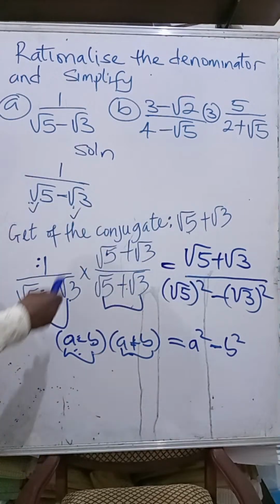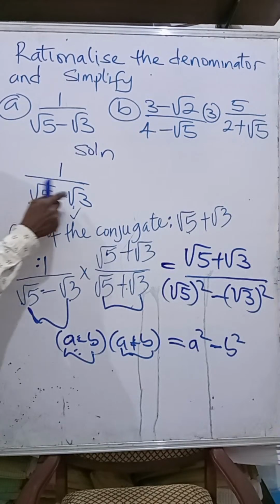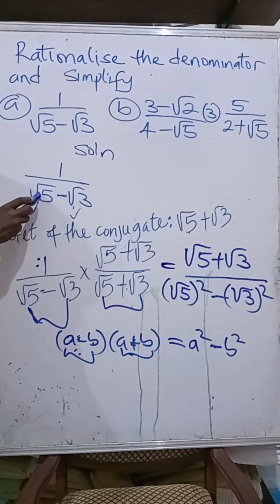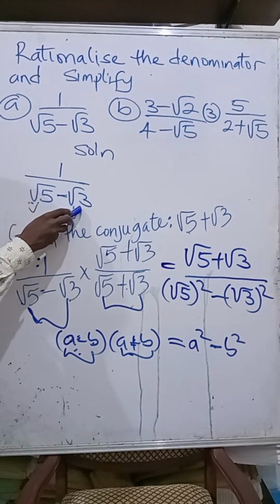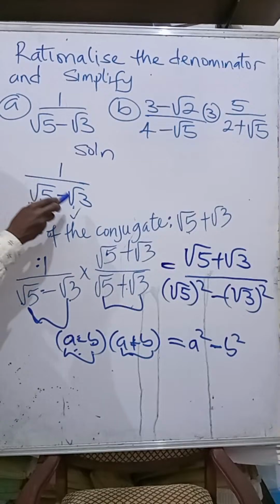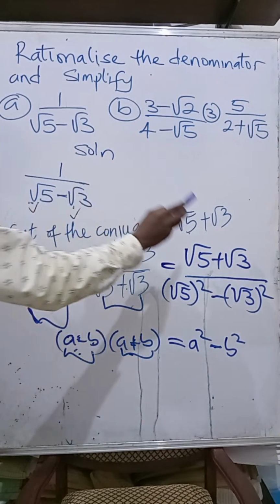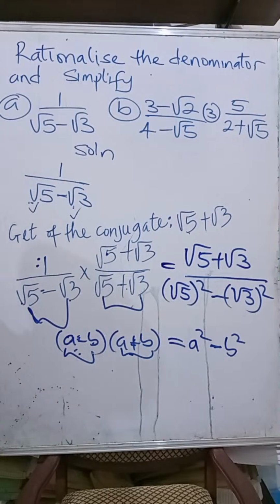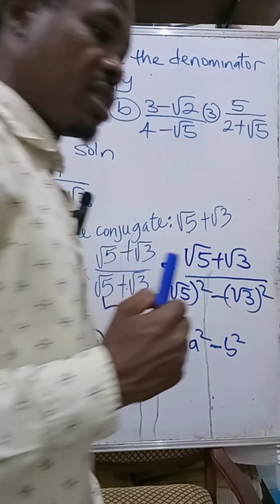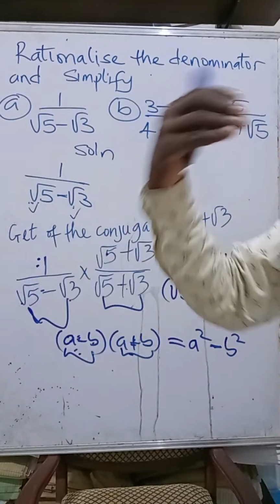Step one is to get the conjugate of that expression, because this involves two parts, part one, part two, and it contains irrational numbers, it contains roots. So get the conjugate, and the conjugate of the expression is the same thing, but